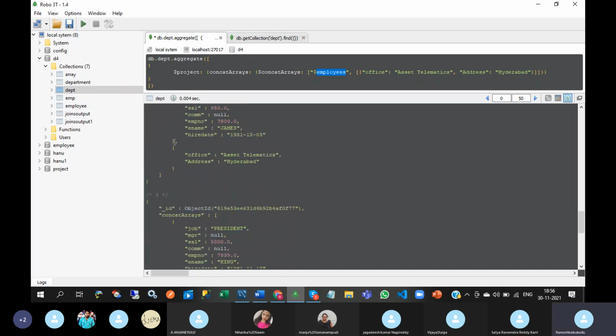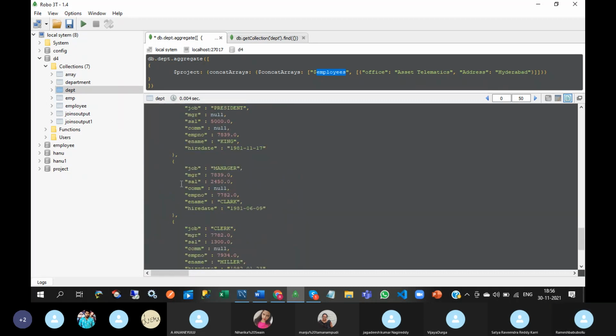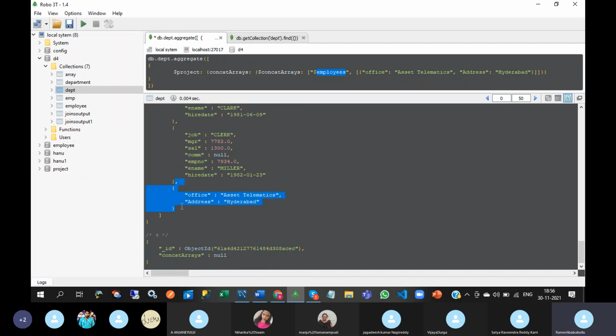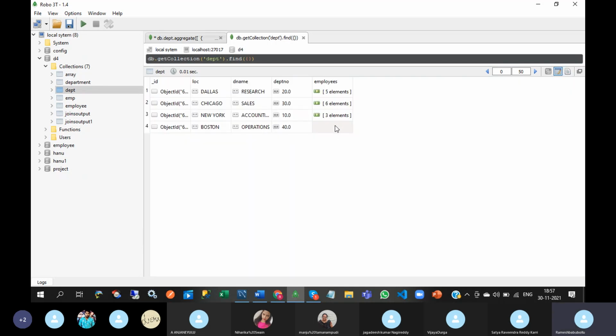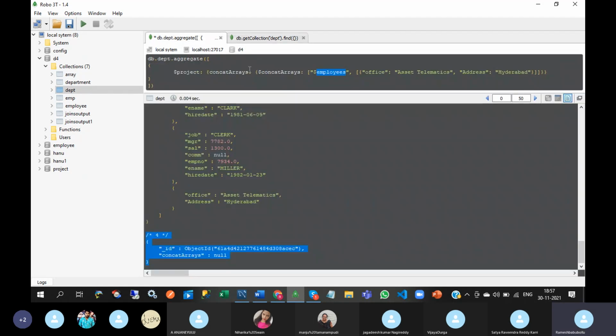And you can also find here. This array is null, so it will not be concatenated. The last, fourth document belongs to 40. In 40, there are no employee details. That's why it is not concatenated. So that is concatenating arrays.